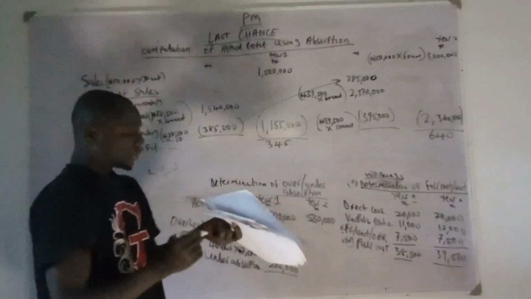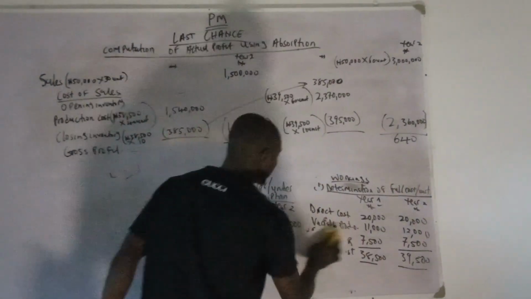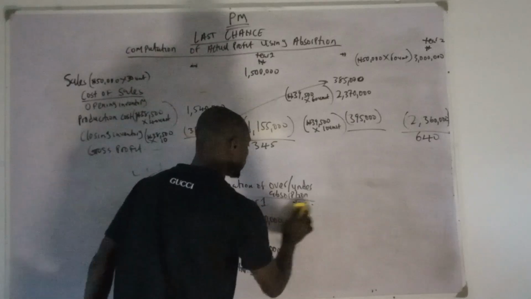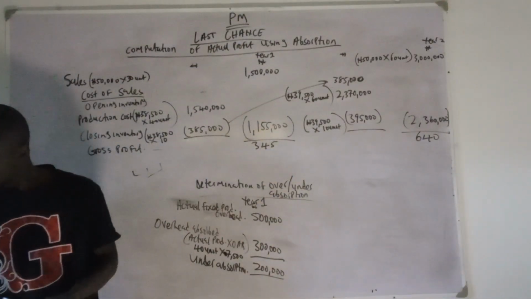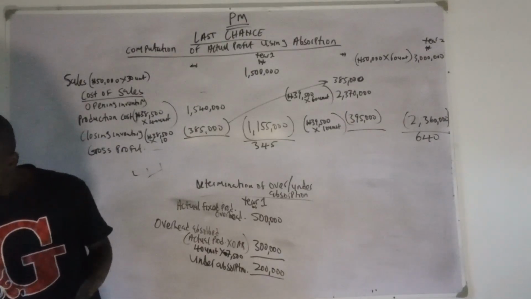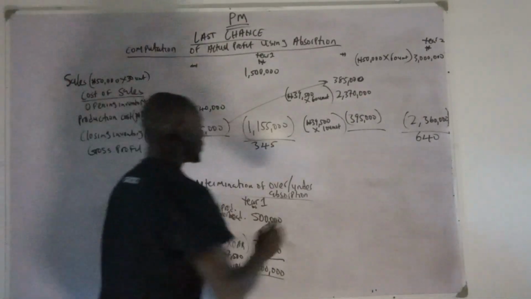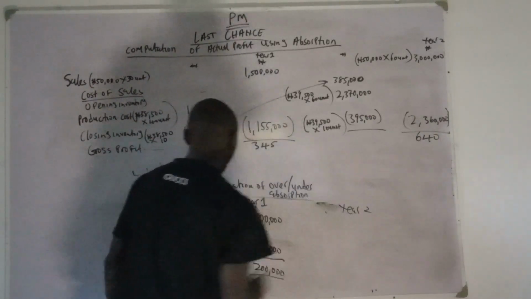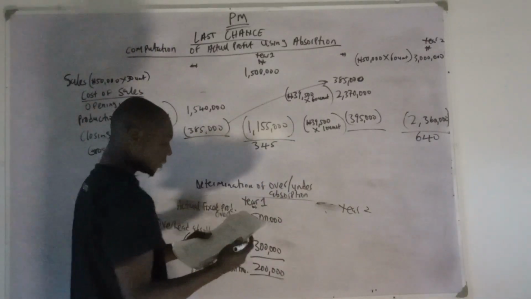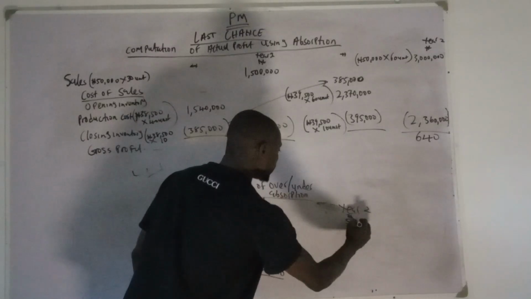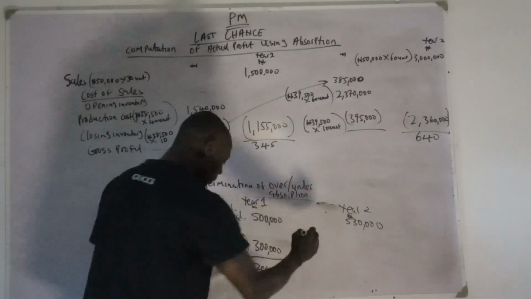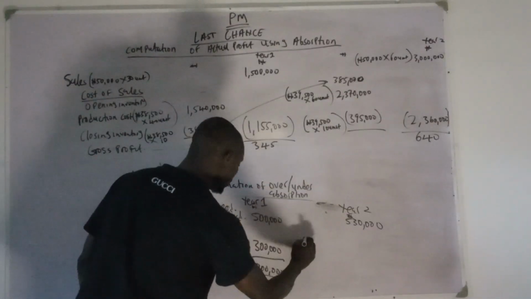Right? Now let's quickly check for the second one. Year 2. Right? What is the actual? Is 530,000, right? So the actual production for year 2, what is the actual production? Is 60 units